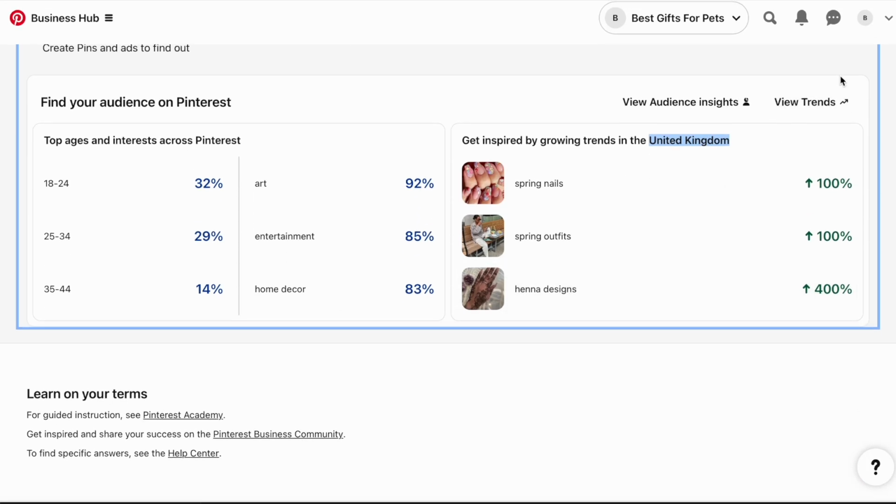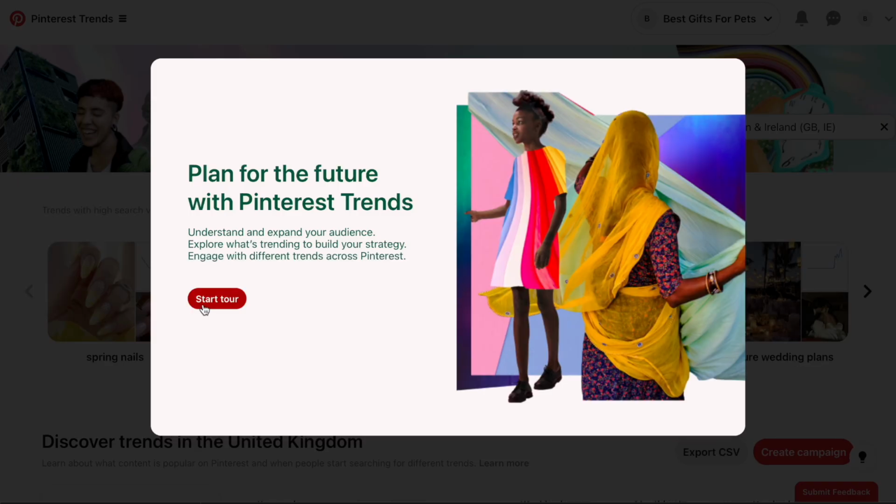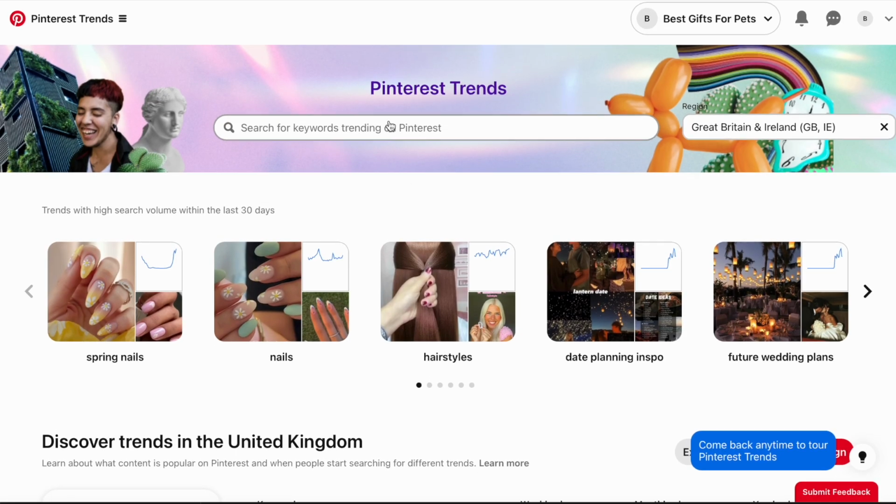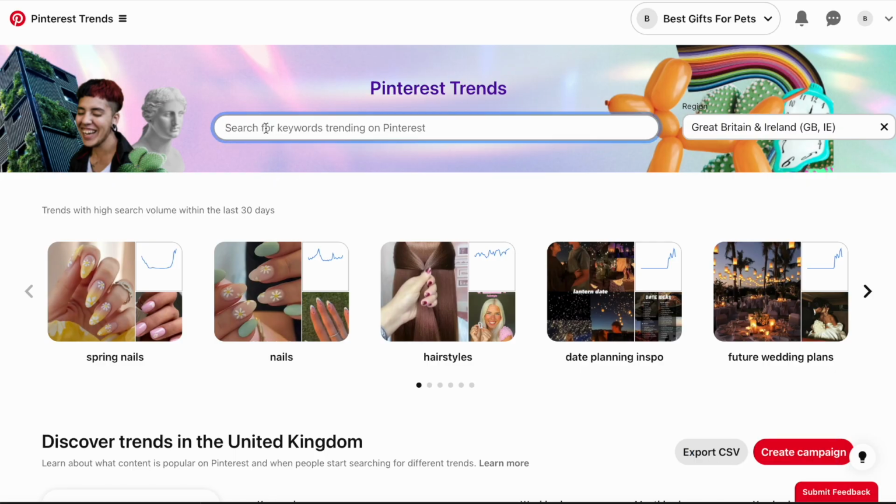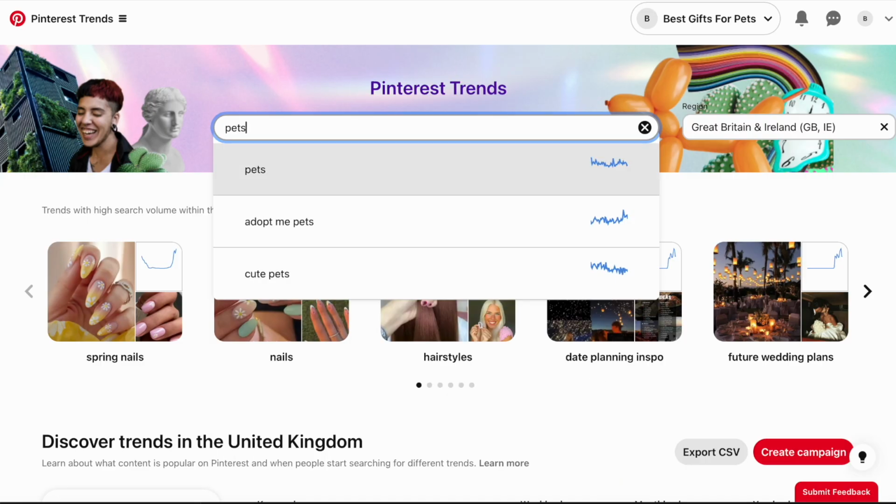So one of the greatest things that we have on Pinterest is Pinterest Trends. You can access it without a Pinterest business account, but once you have this account, it's really great to have. And it will give you ideas about